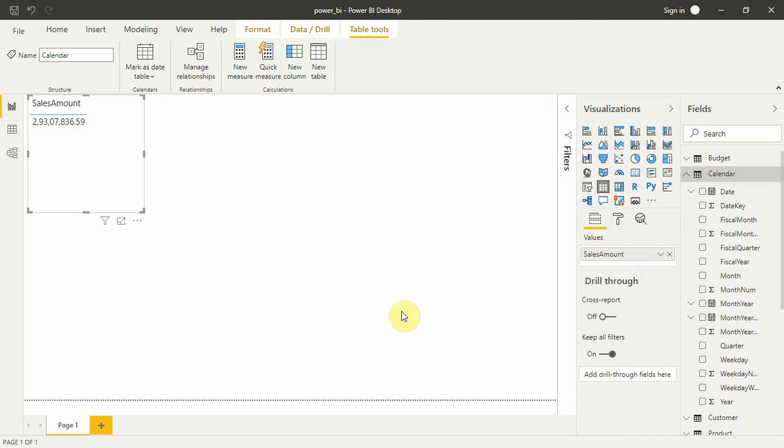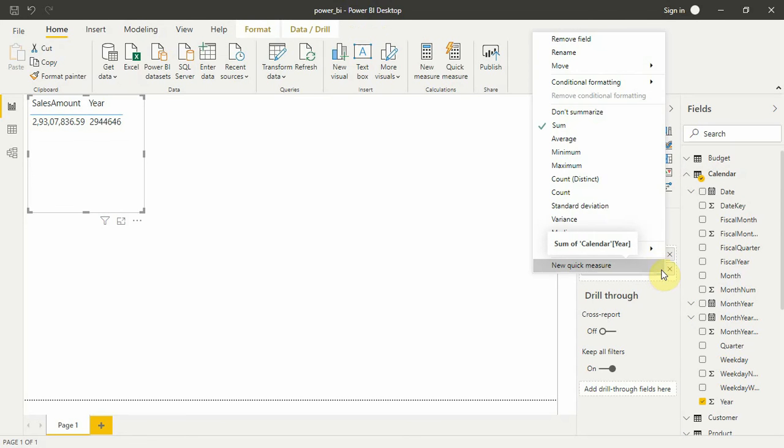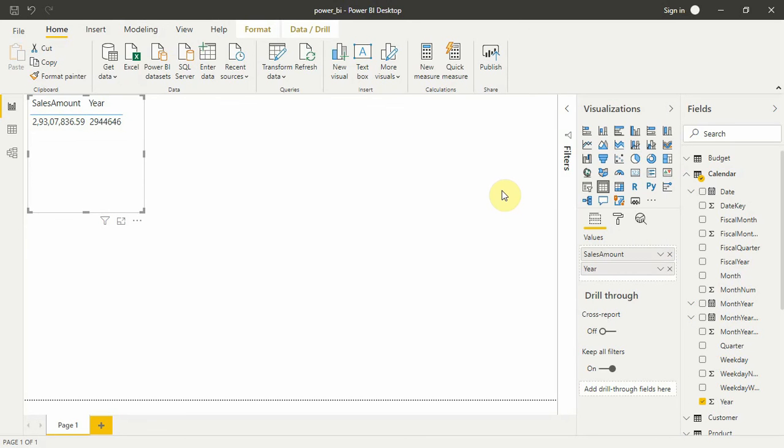We just added year here, and see the magic. Sometimes Power BI summarizes things for us, so we'll click on the year and select Don't summarize. Power BI automatically decides what's good for us, and there are many functions; it does a sum here, so we don't need the sum. And now watch.